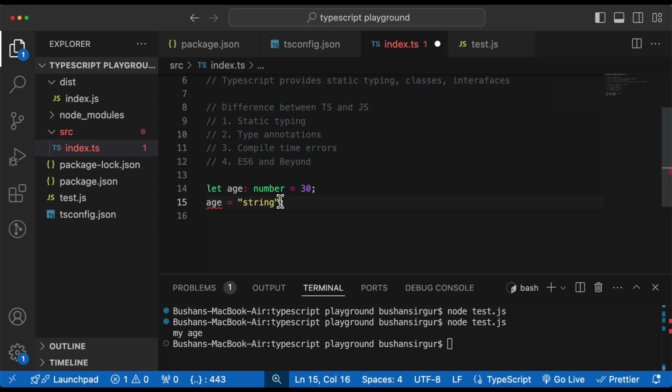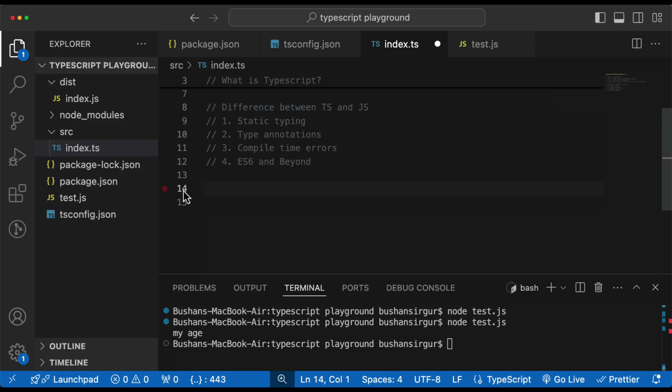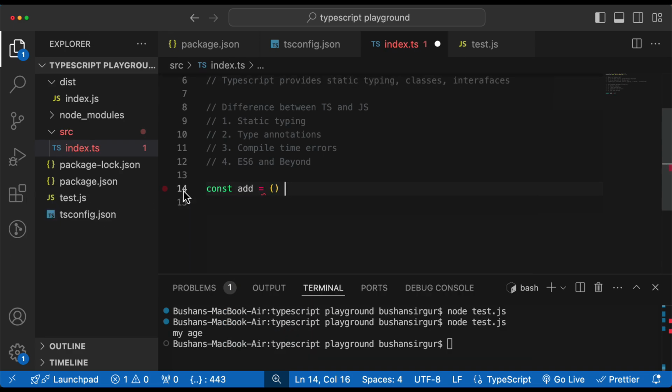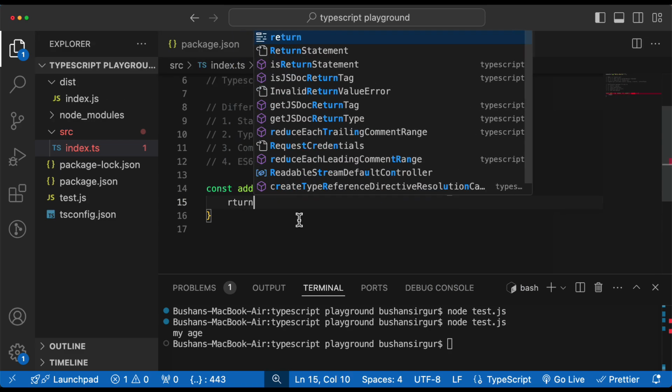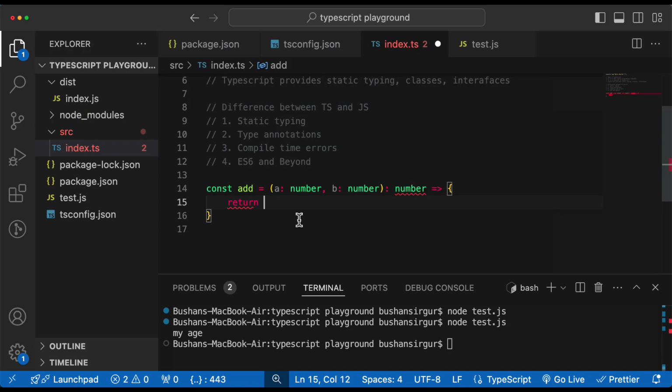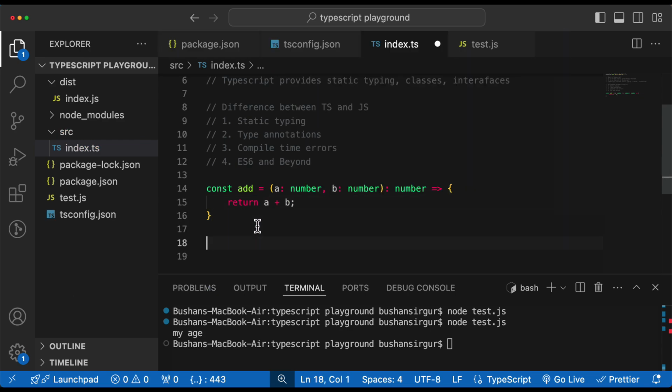We can also look at an example. Let me remove this. I can create an arrow function, const add. This takes two parameters, a, b, and we can provide the type as well. a, which is of number type, b, which is of number type, and also for the return type I can provide number, and I can return a plus b. And now if I try to call this method add, I should pass two numbers, 2,